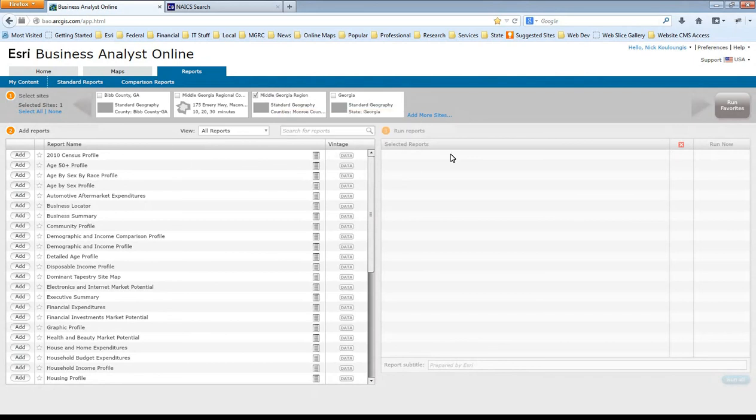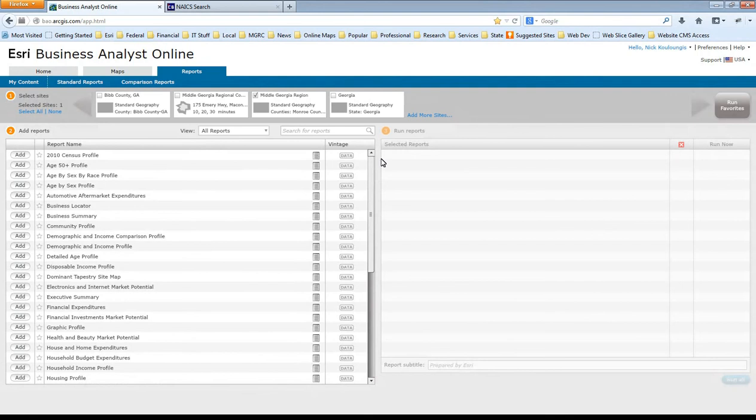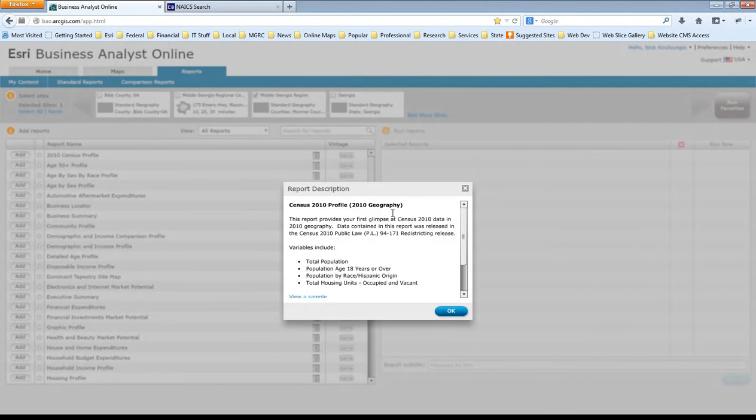Right. Next, I want to add the reports that I'm interested in. The table on the left includes all the available reports. If you don't know which reports contain the information you might be interested in, you can click on the report name to view a description of it. It